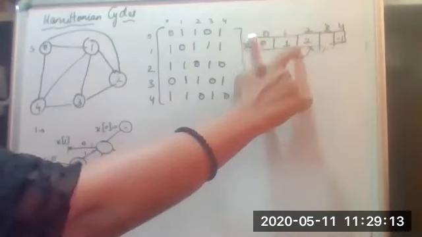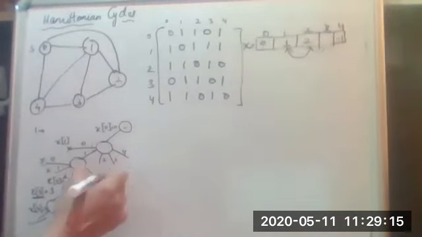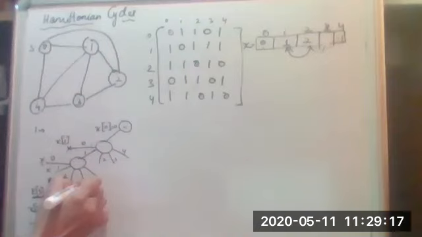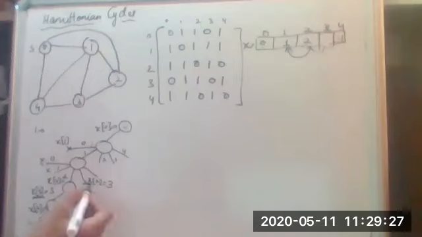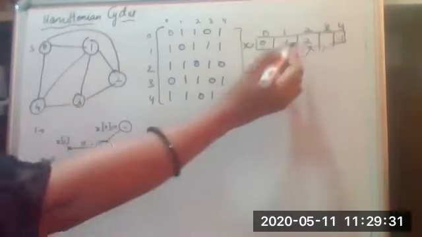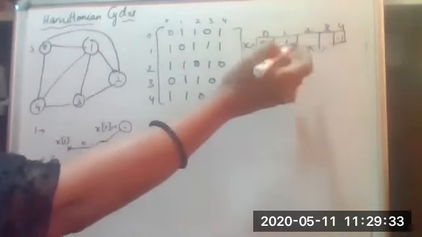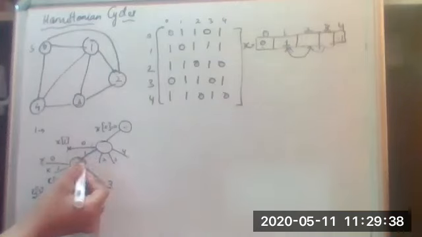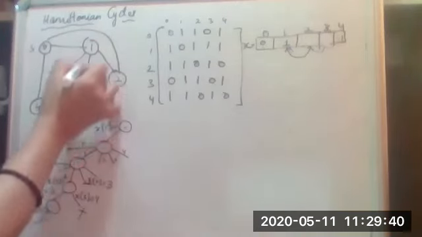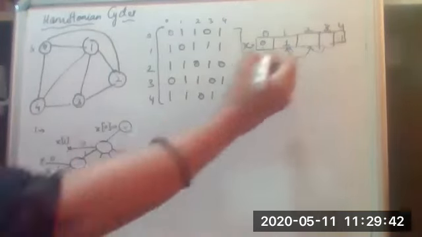So instead of 2, can I take 3? So at this particular point where x2 is taken as 3, this one has become a bounding function and we have backtracked to this. So x2 is equal to 3. Is there a path, because this is also taken out? So 1 to 3, because the previous one was 1. 1 to 3, is there a path? Yes. So we keep 3 here.